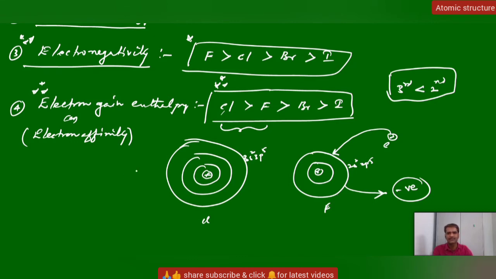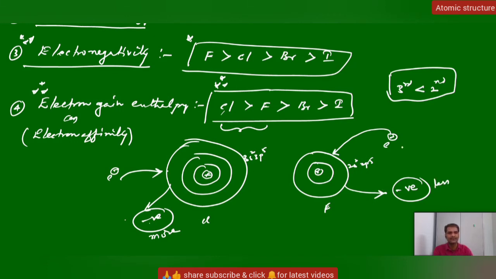Similarly, chlorine can also accept an electron. It is also highly electronegative, almost the third place in the periodic table after nitrogen; chlorine and nitrogen are both equal. So when you add an electron externally to the valency shell, due to the electronegativity it can accept the electron and it releases energy. In both cases energy is released, but the magnitude of released energy in the case of chlorine is more. Here we can observe a more negative value than fluorine. Here there are less negative values. Why?